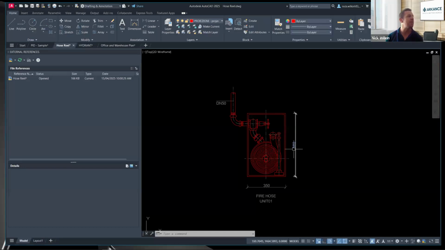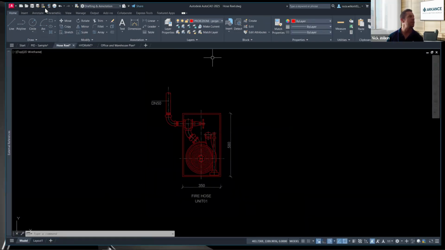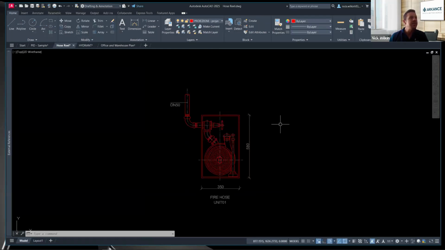I found this to be quite a powerful tool, the AutoCAD mobile and web. You'll notice up here on the top by the quick access toolbar, open from web and mobile or save to web and mobile. You first need to save this to web and mobile, and obviously you need to be logged in